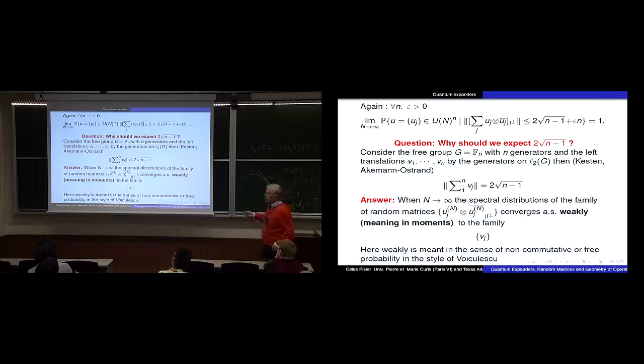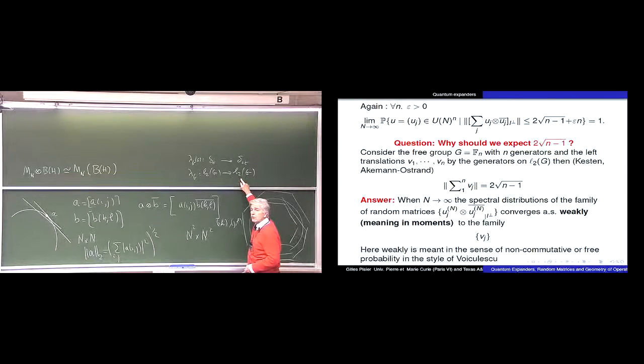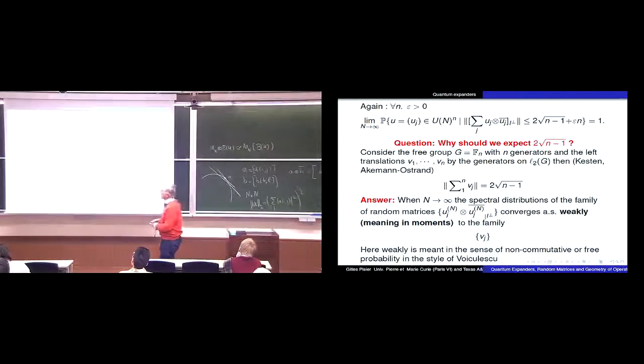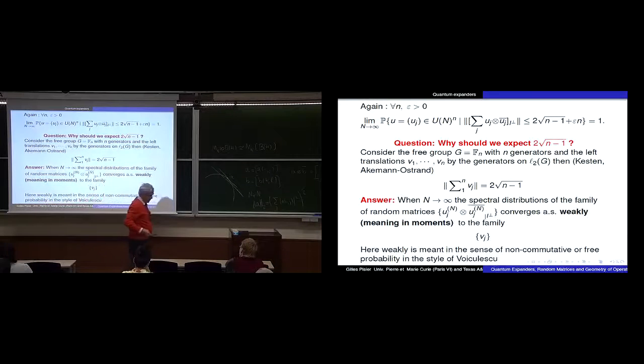Later, Akemann and Ostrand generalized this. In any case, if you look at the free group on n generators, and you look at the left regular representation of the free group, and now you look at the free generators of the group, this gives you unitary operators on an infinite-dimensional space, and I call them V_1, ..., V_n. So these are the translations by the free generators on L2 of the free group. So the classical fact is that the norm is equal to that,